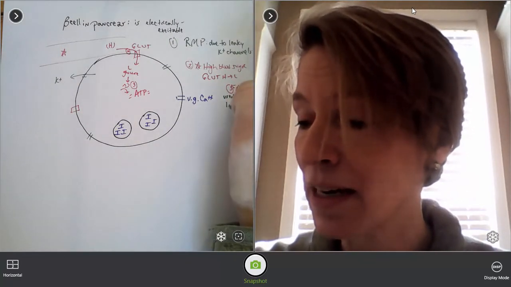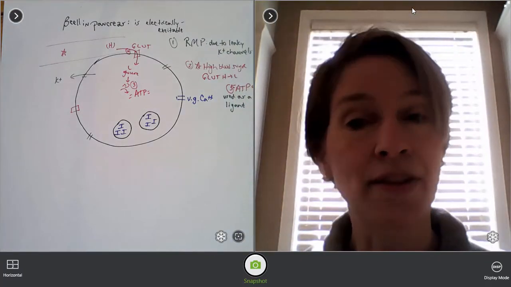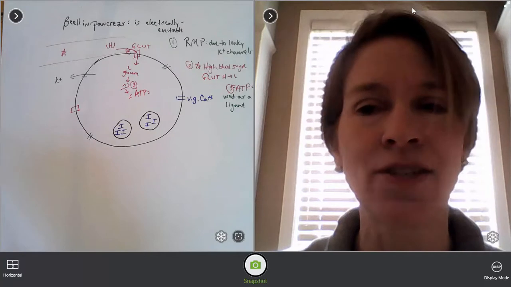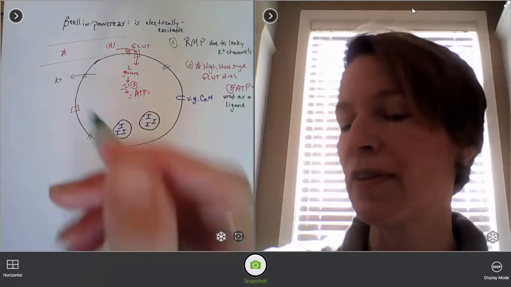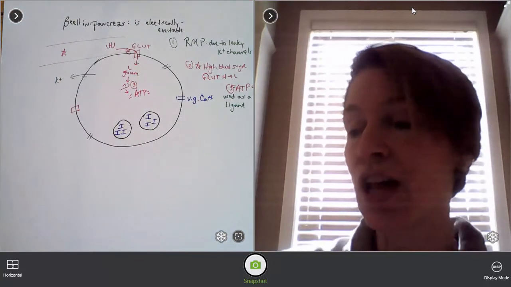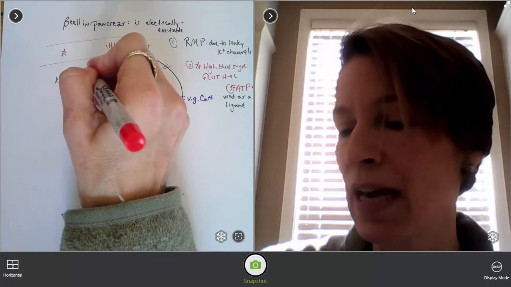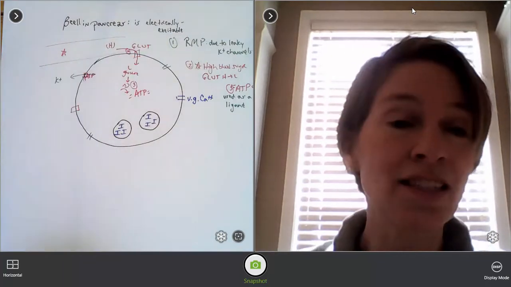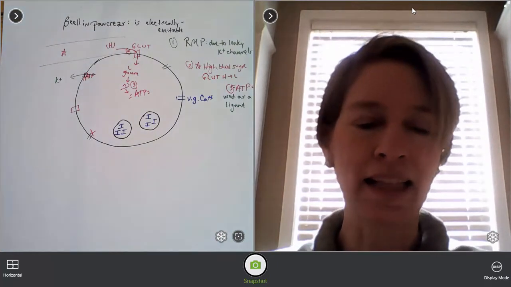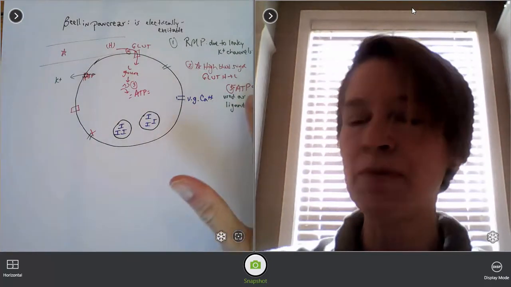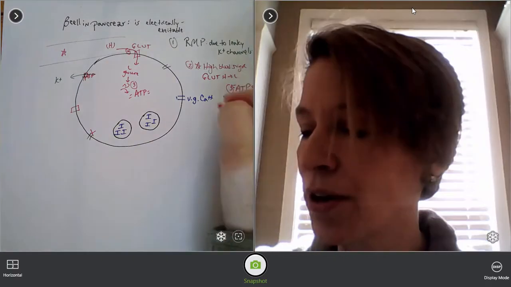That is weird, but we have seen this happen with other things, with other what we call second messengers, where they appear on the inside of the cell, and it can come over here and it can actually close this potassium channel. So ATP actually comes over here, closes it. It's not acting as energy, it's acting as a ligand. So that's the new piece of information. It's used as a ligand to close